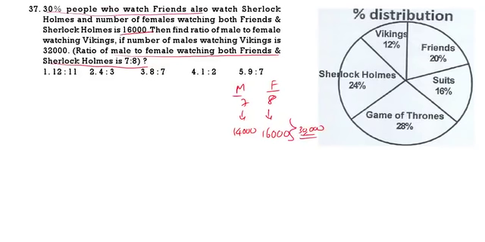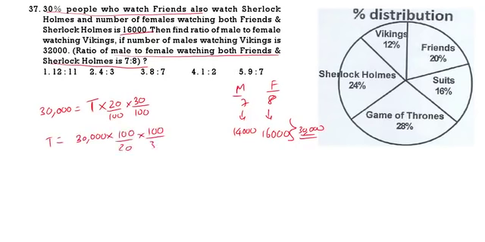Now 30% of the people who watch Friends also watch Sherlock Holmes. So what is this 30,000? 30,000 is the people watching both Friends and Sherlock Holmes. Now 30% of the people who watch Friends. Total we don't know. This pie chart total we don't know. So T into Friends, it is 20%. In this, 30% also watch Sherlock Holmes. So T into 20 by 100 into 30 by 100 is 30,000. This 30,000 is the combined males and females of Friends and Sherlock Holmes together. Now what is the T value? 30,000 into 100 by 20 into 100 by 30.